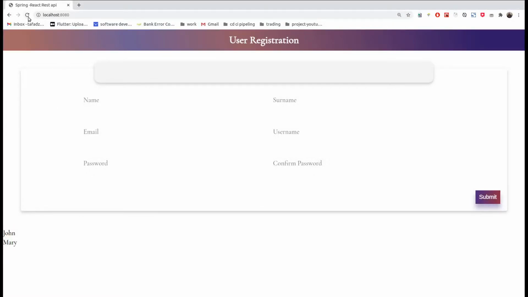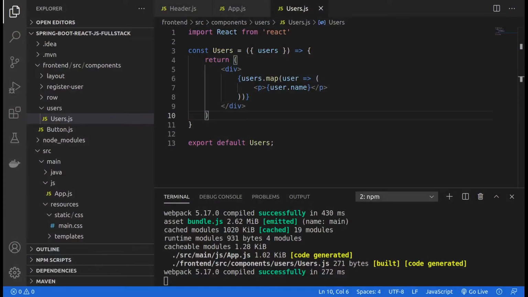So as you can see, if I refresh it again, I now have my list of users with John and Mary, right? So this is what I need. If I go ahead and go back here, in this particular case, what I need to do is